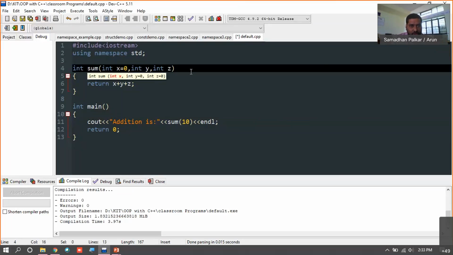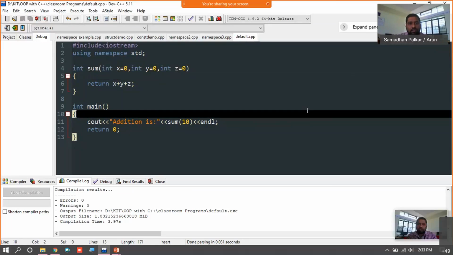You can also have all the parameters, all the variables which you are passing to functions, provided as a default.